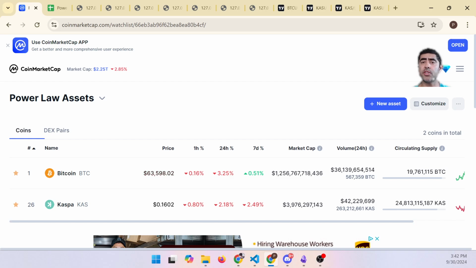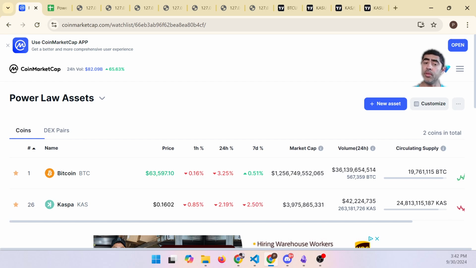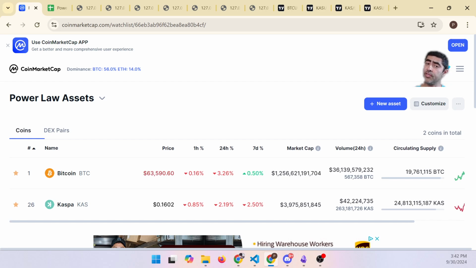Today is September 30th, 2024, a Monday, and we'll be discussing how the daily dollar cost averaging using the power laws is coming along. And we'll talk about the power law and Kaspa in particular, which is what you guys have commented that you'd like to know more about. And again, this is not financial advice, it's for informational purposes only.